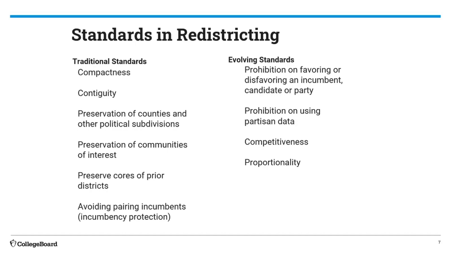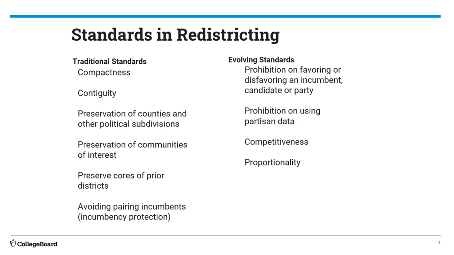They should be preserving community interest and not trying to have incumbents where they are just going to be there forever. Evolving standards, and we're not quite there yet, would be not favoring an incumbent candidate or party, not using data to try to figure out how people are going to vote, so that you can draw lines that keep people represented in a certain way for a long period of time, 10 years,